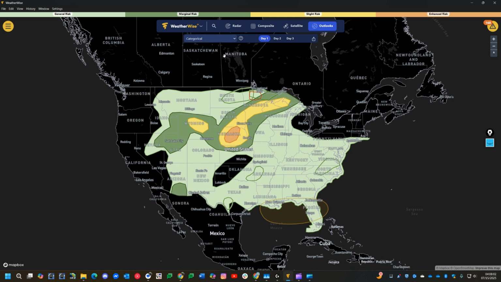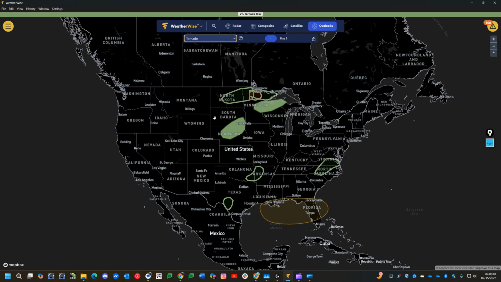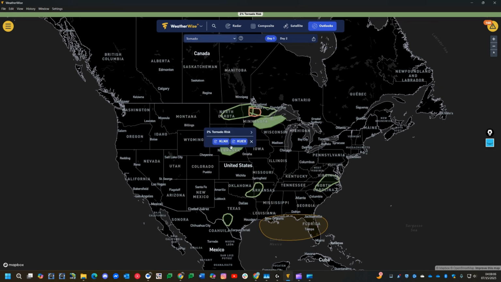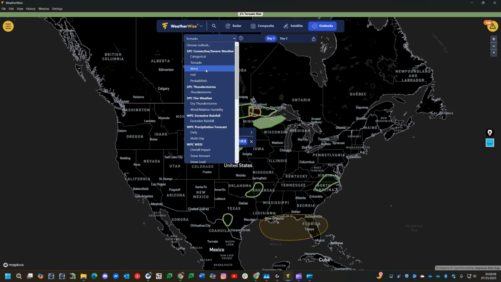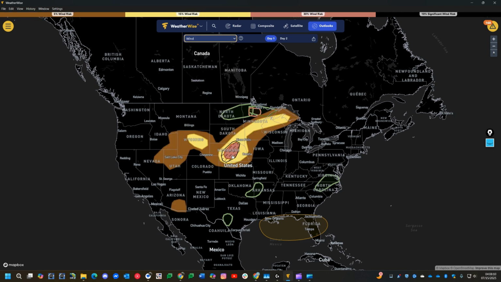This is driven by, you have a 2% tornado risk in these areas, enhanced 30% hatch risk for wind. You have a 30% wind risk with a 10% hatch, which means within that hatched area